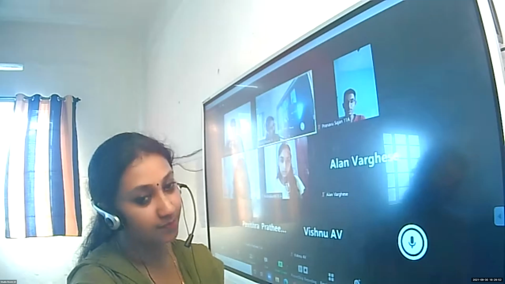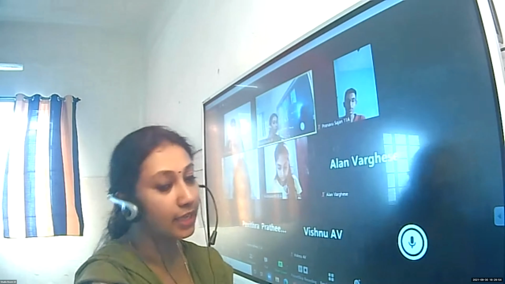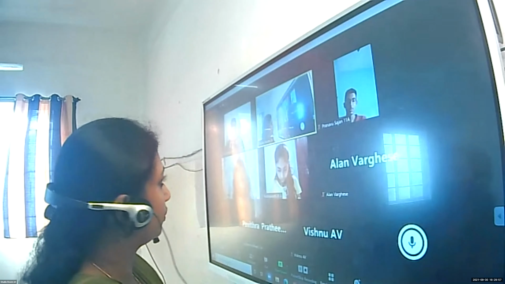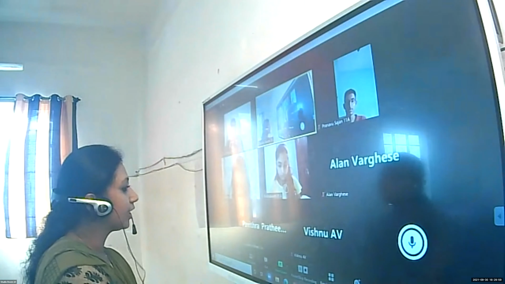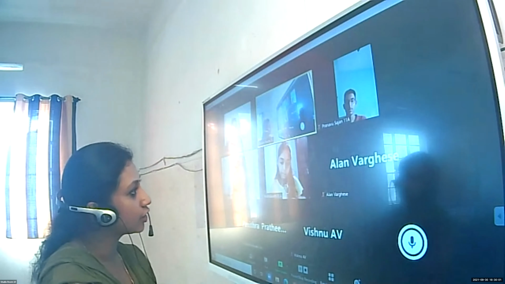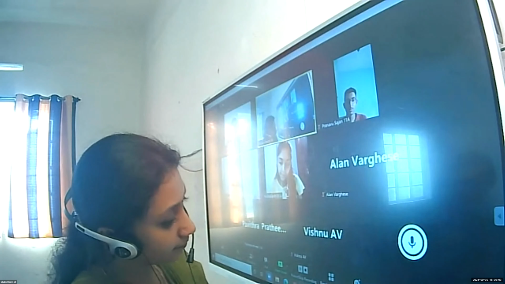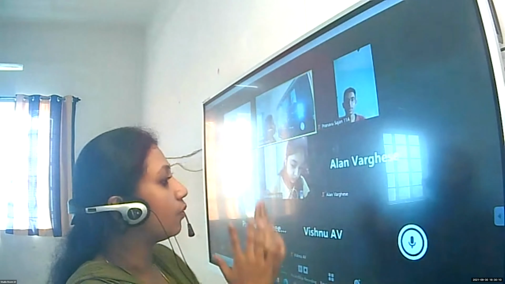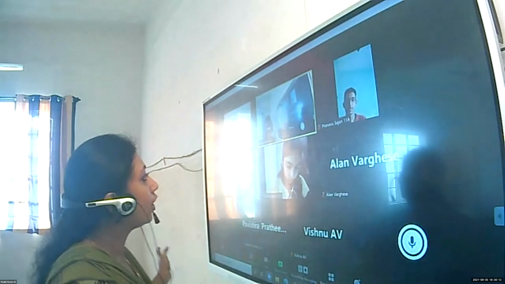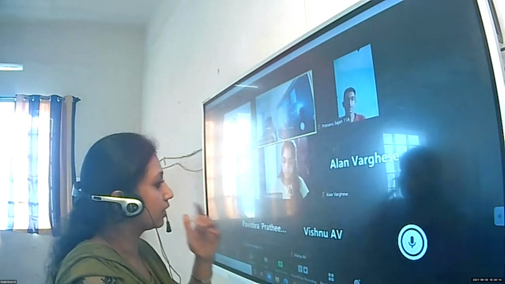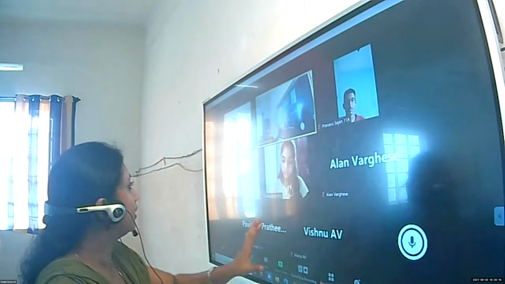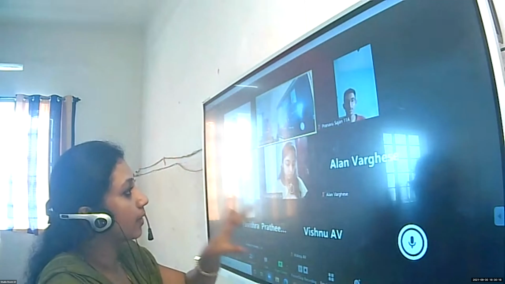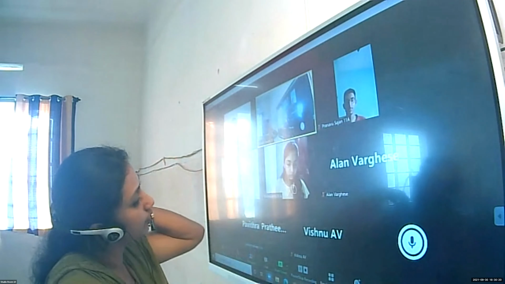Single column, double column, triple column. Yes, single column, double column, triple column cash book. Very good. So, what is the peculiarity of this single column cash book, Pranav? Only one amount column, one in the debit side, one in the credit side. And all the cash transactions will be recorded in this single column cash book. One amount column was provided.